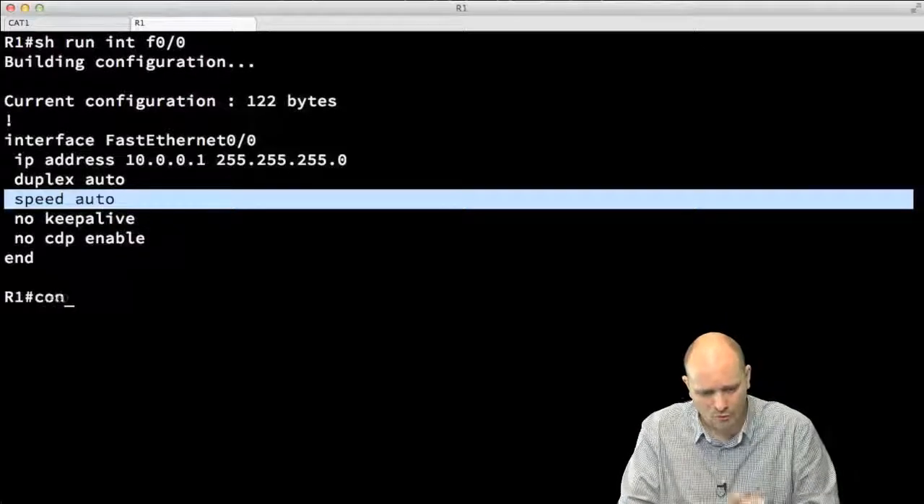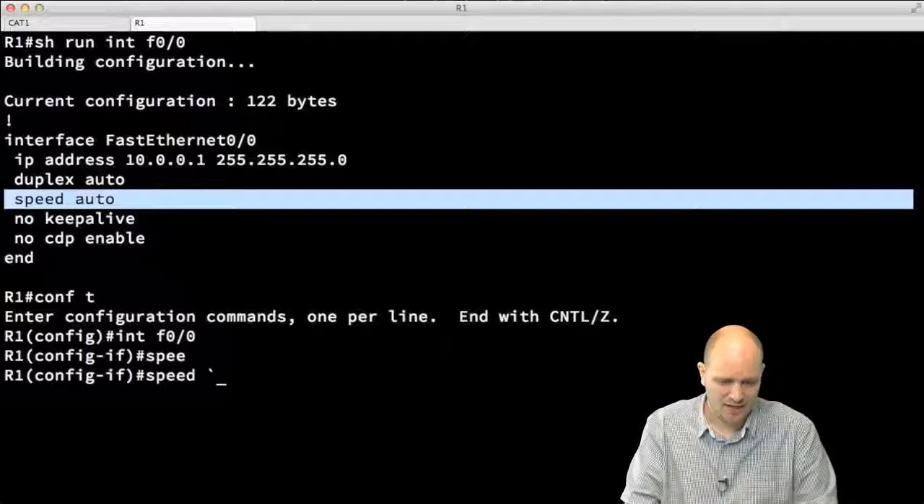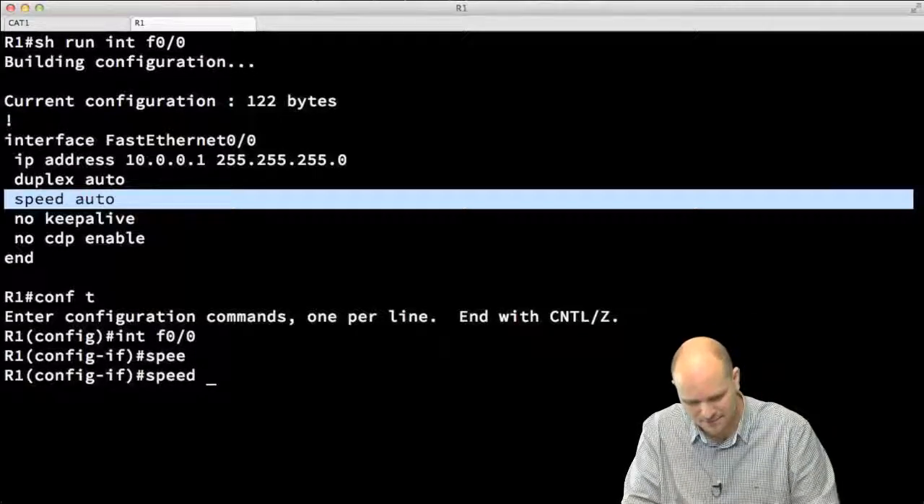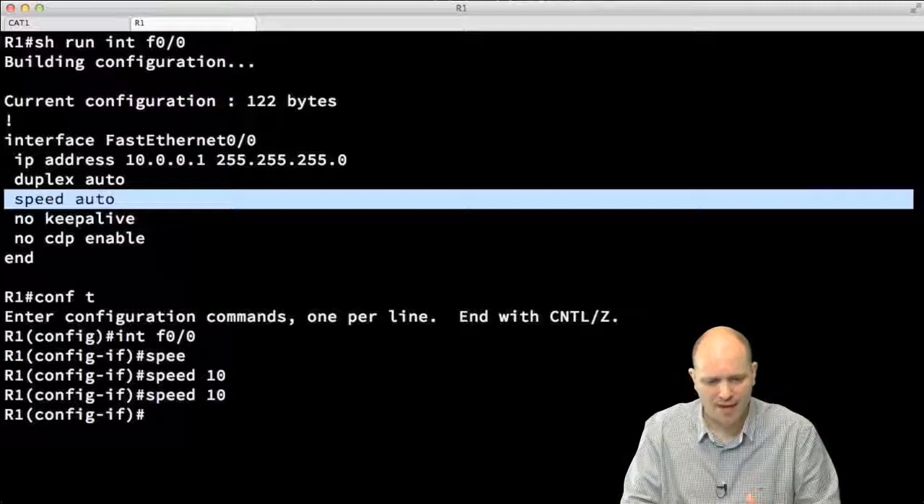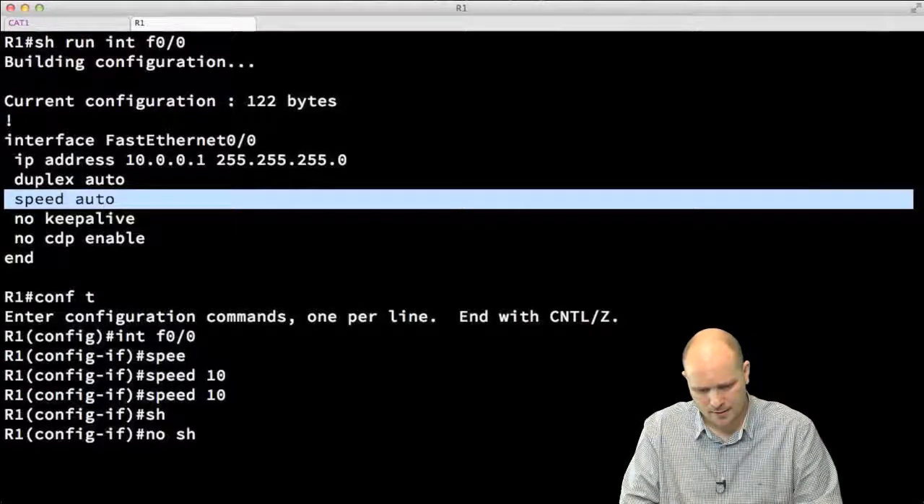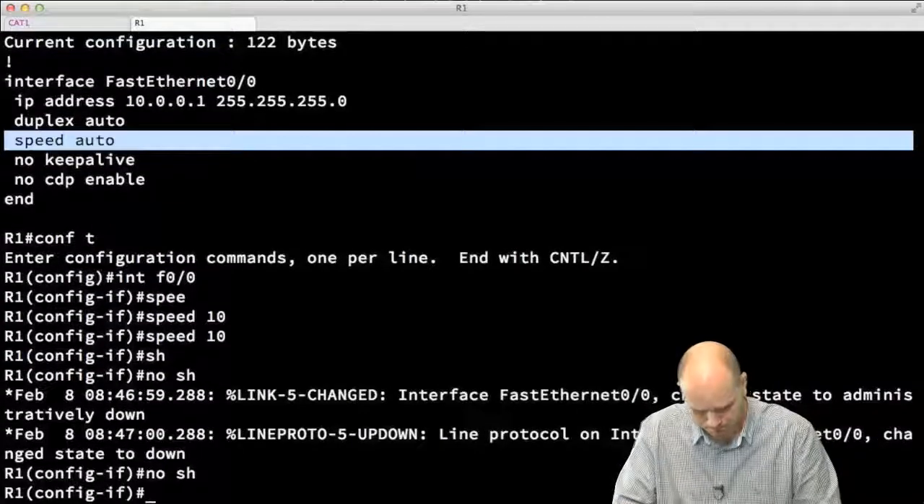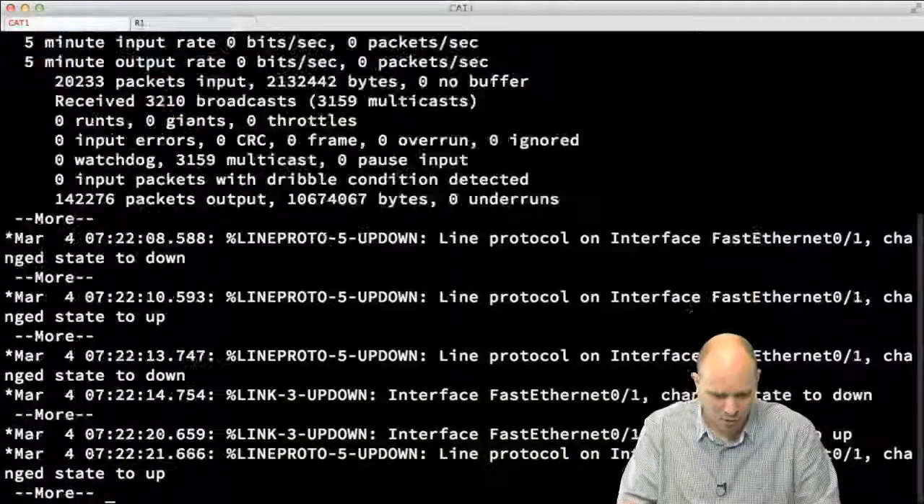Let me go about and change one of these parameters. So what I'm going to do here is I'm going to say speed 10 megabits per second. What's going to happen now is when I do shutdown and I do no shut, and when the interface comes back up, if I go back to my Cat1,